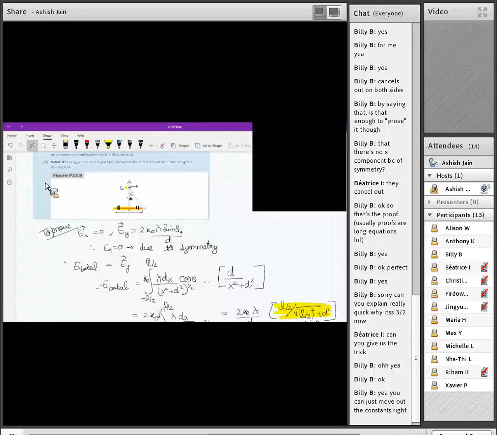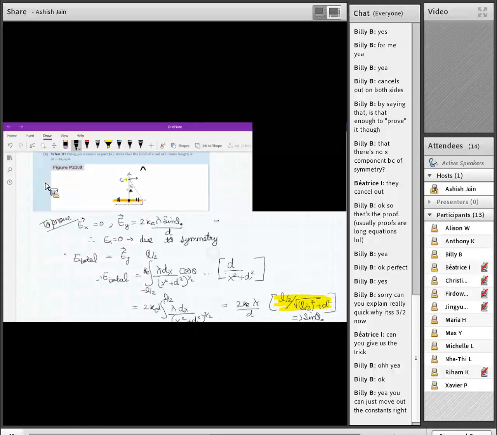So this has to be sine theta naught because of the symmetry. Only the vertical component remains, so only the component in that direction remains. And because this rod is symmetrically placed around the origin, the total electric field due to the whole rod can be written simply as the one that is given in the question to prove as well,